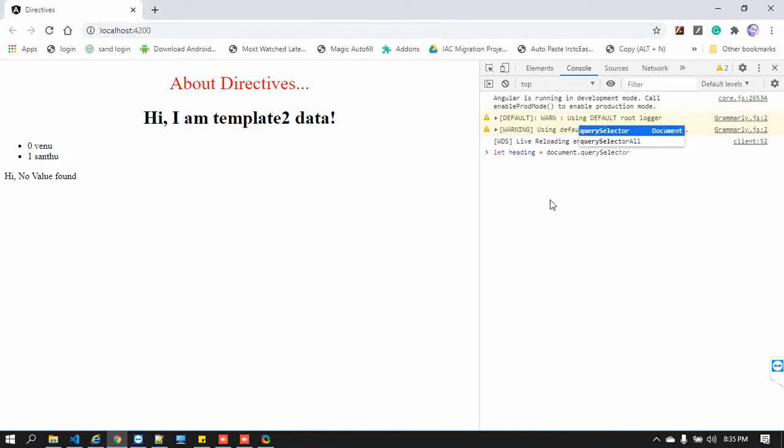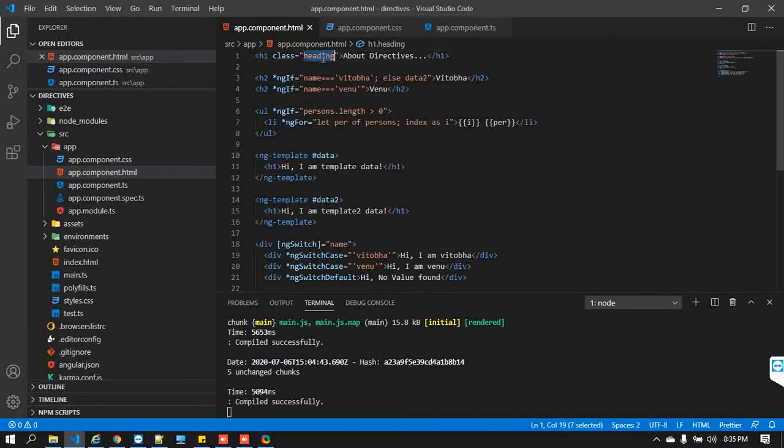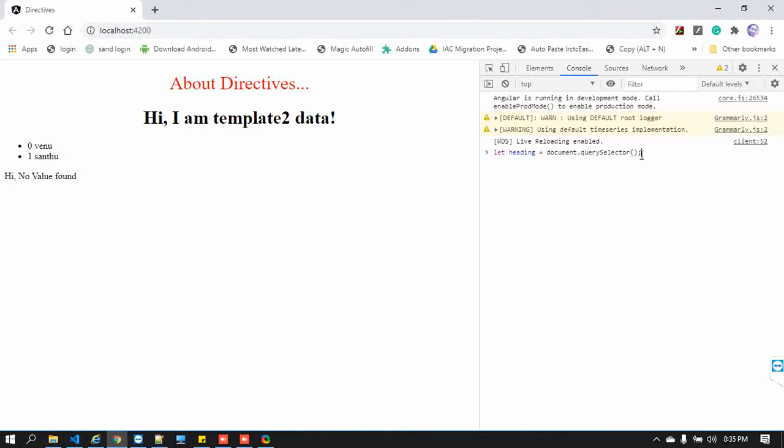I would like to find this element by class, like a document by class actually. Anyway, I can use query selector because we have the class selector, so we can use that also.